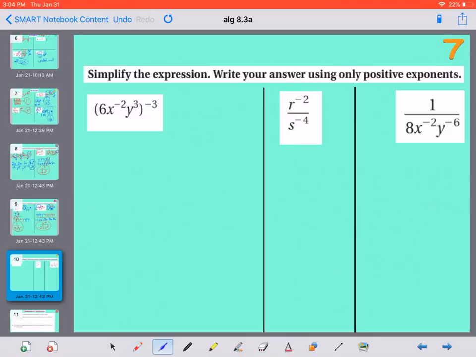Next one, what I see is we have a negative 3. So I'm going to take this whole thing and I'm going to make that a fraction and move it to the bottom. So we would have 1 over 6x to the negative 2 y to the third, that all 3 times. So then we would write that all out 3 times. So we would have 1,